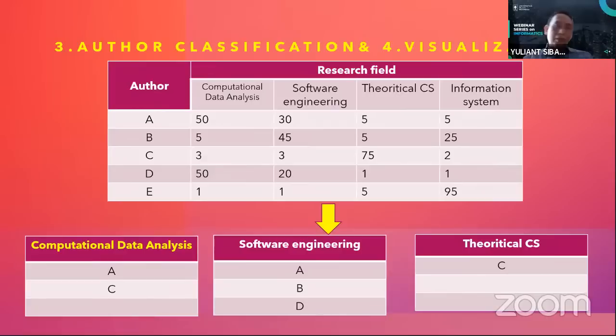The rule is to get the top 2 classes. For example, for computation and data analysis, the members are A and C, because A has the top 2 publications in computational data analysis and software engineering, and the C author has